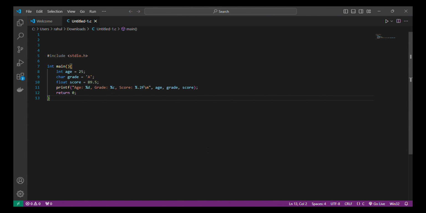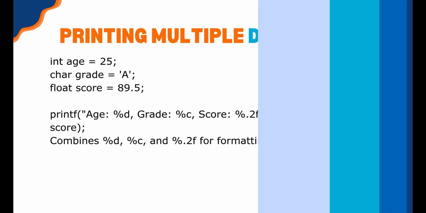This program displays an integer, a character, and a floating point number all in one line. The format specifiers %d, %c, and %.2f ensure correct formatting.